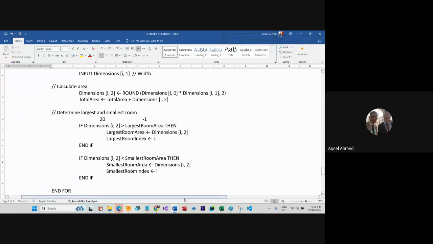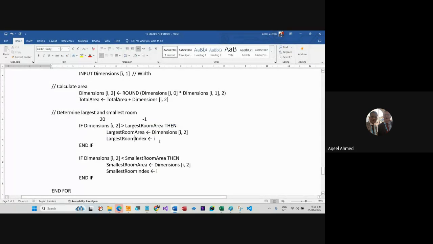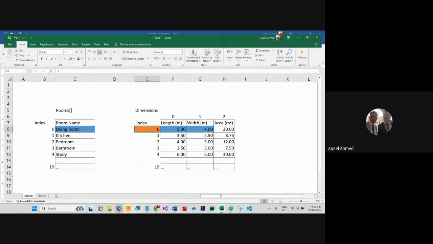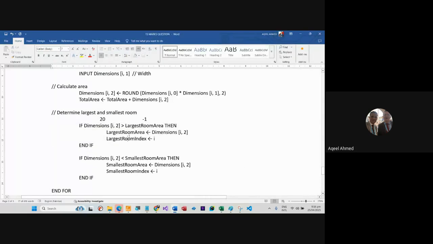और इस वक्त जो आई की वैल्यू है इंडेक्स, उसको हम स्टोर करा रहे हैं लार्जेस्ट रूम इंडेक्स में। अगर ये वैल्यू हमारी लार्जेस्ट हो गई है तो हमारे लिए ये इंडेक्स इंपॉर्टेंट है, हम इस इंडेक्स को लार्जेस्ट इंडेक्स के तौर पे स्टोर करा रहे हैं, क्योंकि ये इंडेक्स स्टोर करेंगे तो इसी सेम इंडेक्स से हम नेम निकाल सकते हैं। हमें लिखना पड़ेगा रूम और लार्जेस्ट इंडेक्स, और रूम वो निकल के आ जाएगा। ये लूप के अंदर चल रहा है तो ये काम होता रहेगा, पहली वैल्यू पे फिर दूसरी वैल्यू पे सबको कंपेयर करता हुआ जाएगा, और कंपेयर करने के साथ साथ लार्जेस्ट रूम इंडेक्स आपके पास निकाल के ले आएगा। इसी तरह स्मॉलेस्ट काम करेगा, इसका ऑपोजिट है स्मॉलेस्ट।